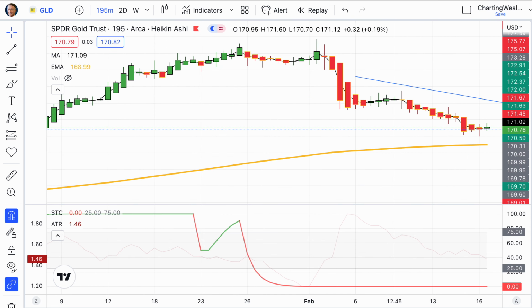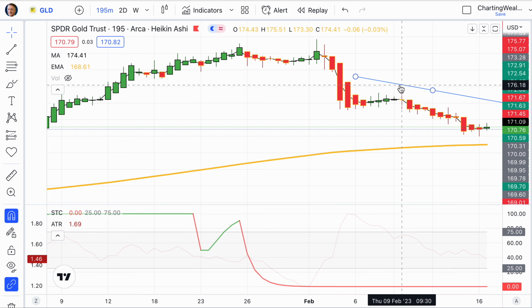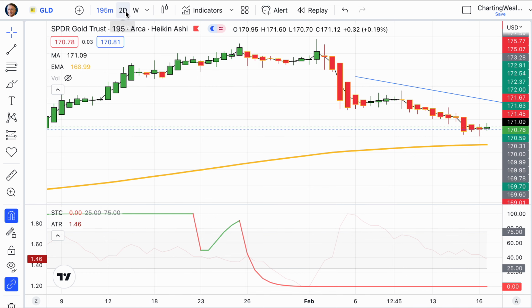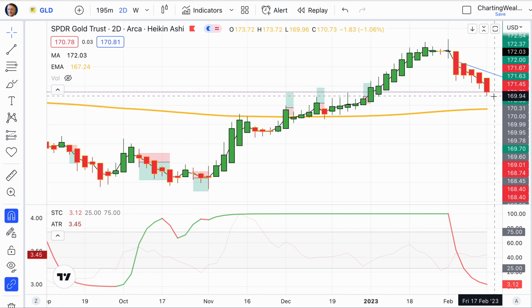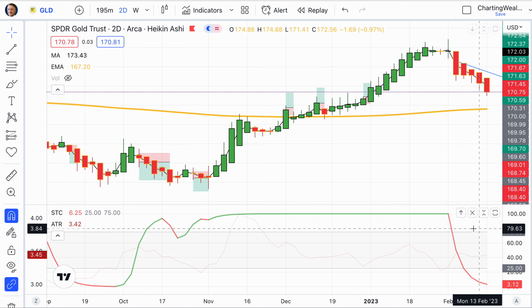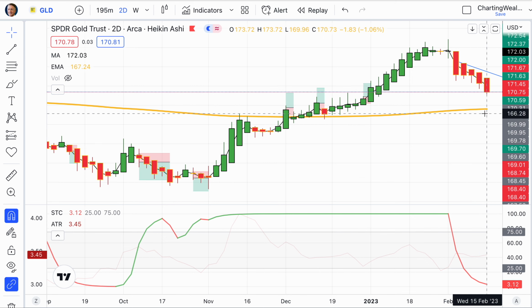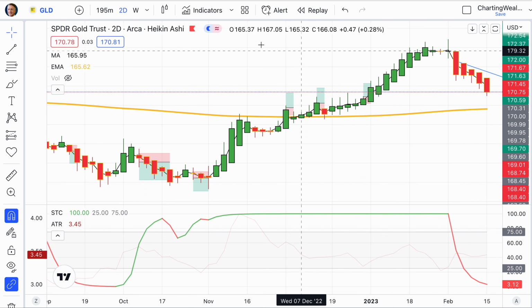Gold down just a little bit for the day, 0.08%. See where it was down further in the morning, popped up a little in the afternoon. Still lots of indecision in both of those candles, well below the weekly trend line, red on the STC. What about the 2-day? Again, just tracking down, big red down candle, and above the 200 EMA, below the weekly